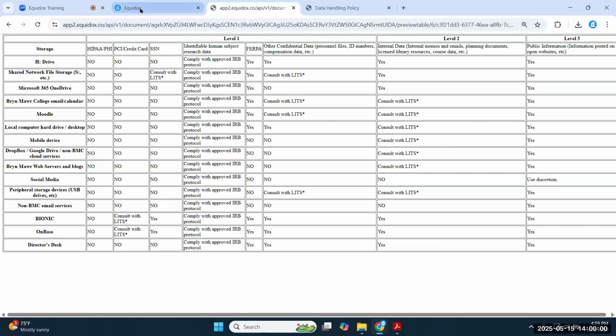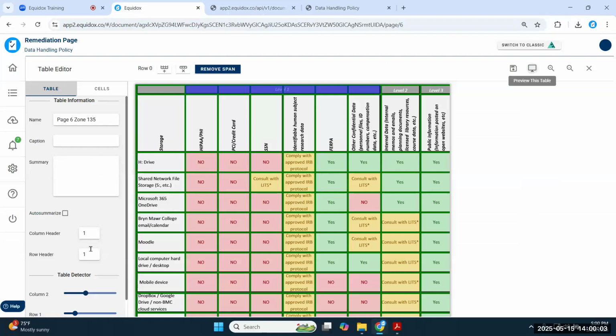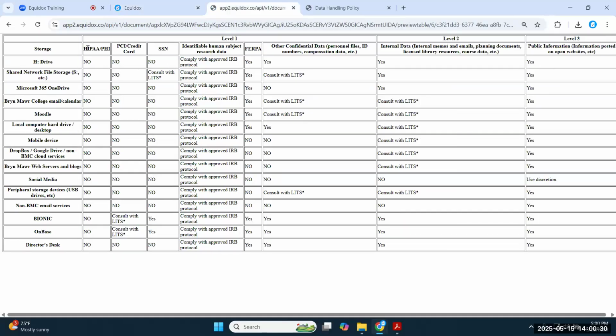The other trick with this table is that it's not a standard 1-to-1 ratio with my column and row headers. I want to make sure that my second row is also going to be tagged as headers because all of the data in these columns relate to not only level 1, level 2, and level 3, but they have a sub header here that is important for them to be associated with as well. So I change my column header from the standard 1-to-1 ratio. I just change it from 1 to 2. And when I go back to my preview, all of those different cells are now showing with that bold font to give me that visual confirmation that they have been tagged as headers, whereas all of the standard font down below here in the middle of the table is going to be tagged as table data.